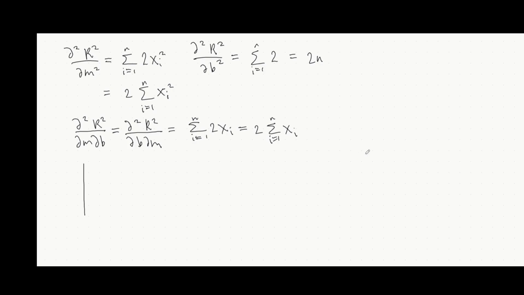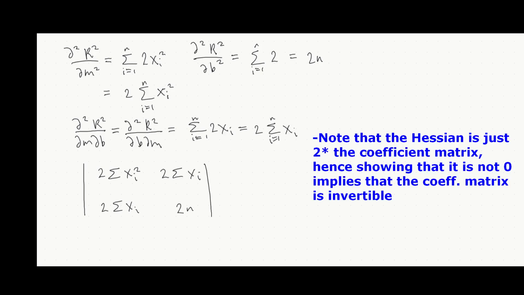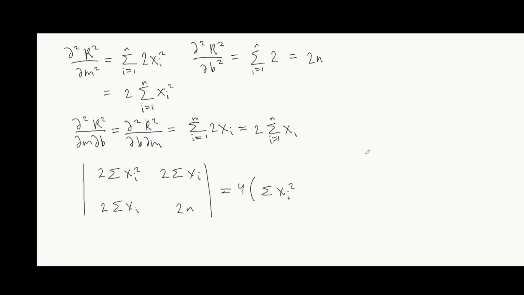And so the determinant of our Hessian is going to be 2 sum of xi squared, 2 sum of xi, 2 sum of xi, and then 2n, which is going to be 4 times the sum of xi squared times n minus the square of the sum of xi. So ignoring the 4, this expression is greater than or equal to 0 by the